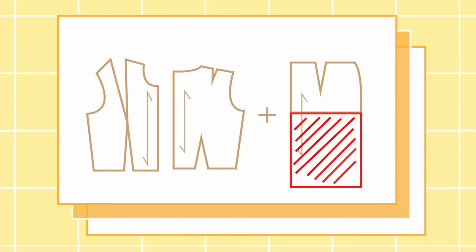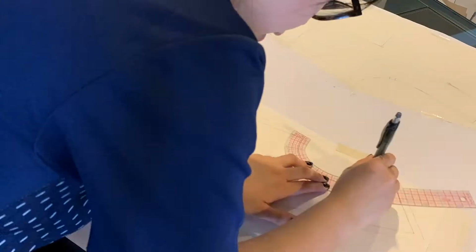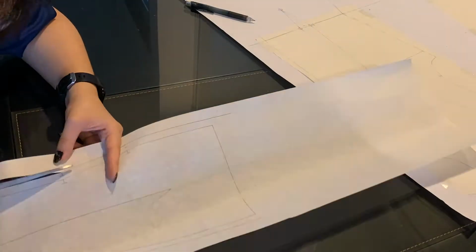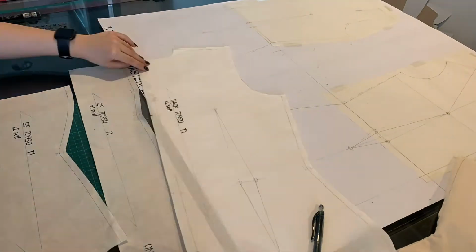And then lastly, there are the torso blocks. It incorporates the front and back bodices extended down to the hip line. Typically, you'd use this to draft jackets and dresses. It cuts down on the extra time it would take to combine and draft the bodice and skirt blocks into one. What I didn't get to mention or show in the first video is that the whole process can create